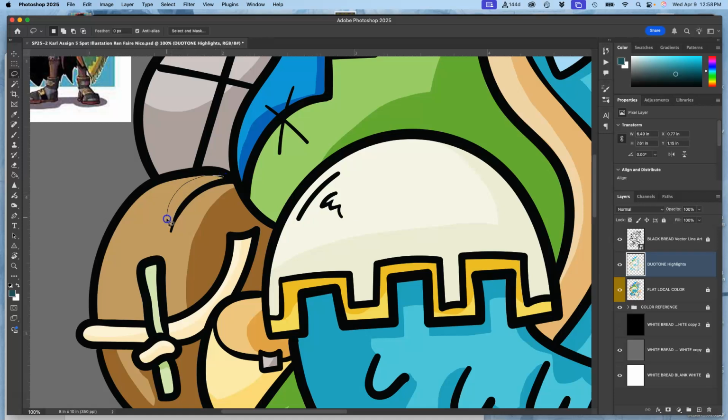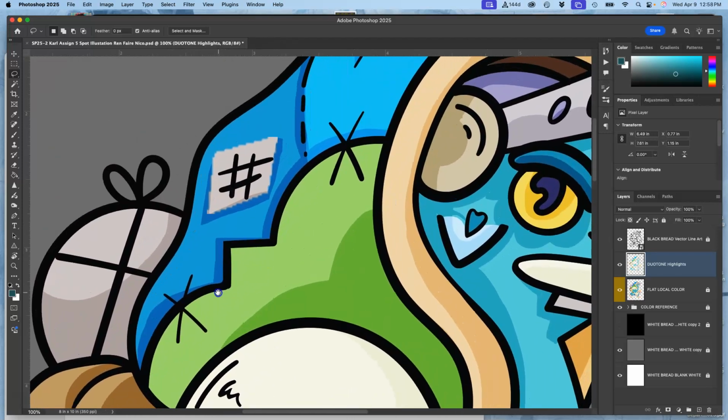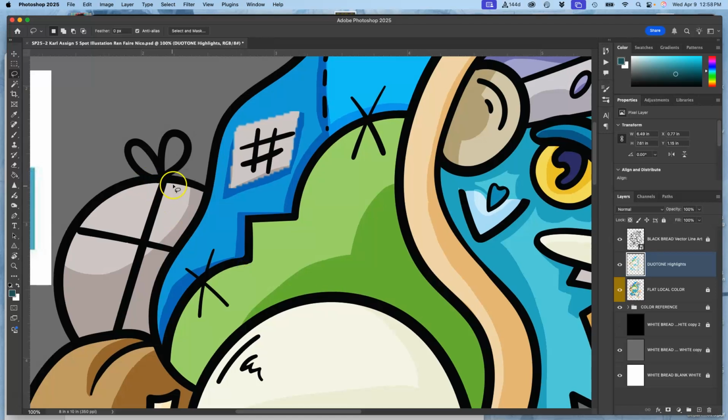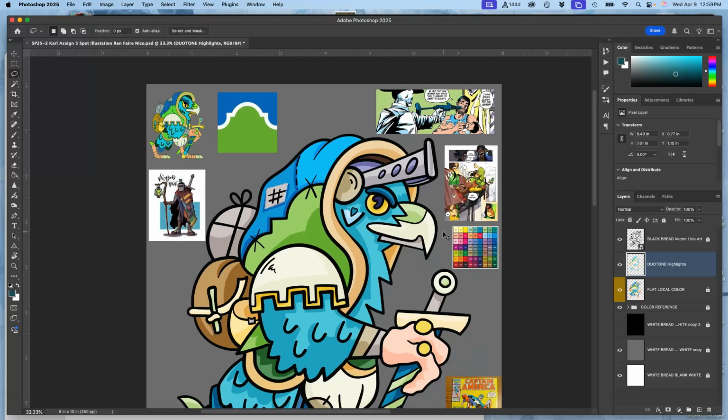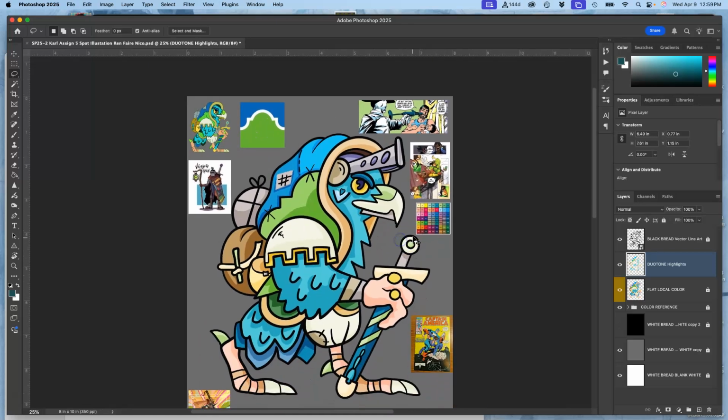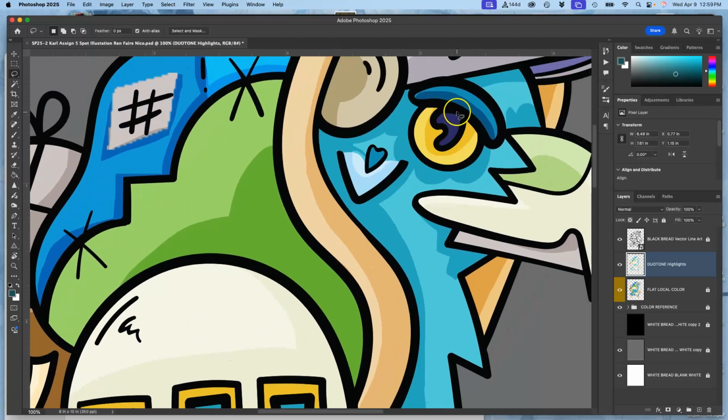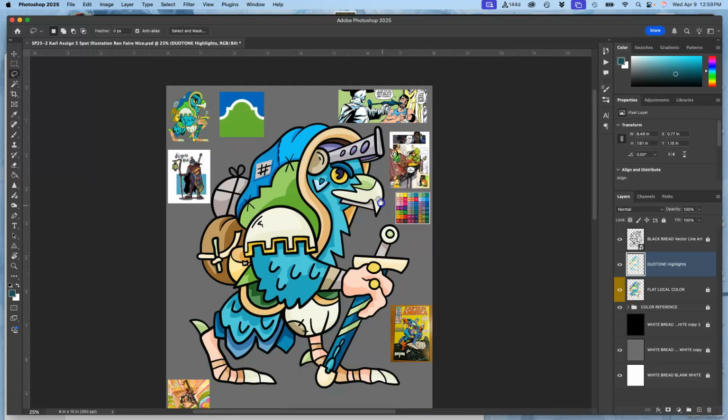Maybe, if you have a shadow already built into your line art, like this little seam, that's a good place for a shadow. If I want to be really fancy, I can do a little drop shadow behind this string. But I think it's getting to be a little too much. So it's entirely possible to overdo it. Yeah, and I already got rid of that. All right, so now